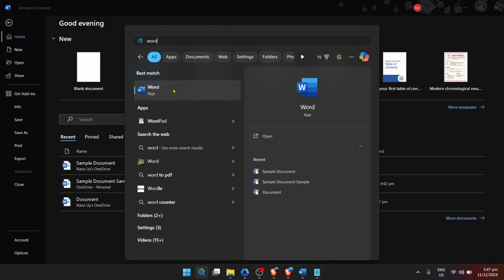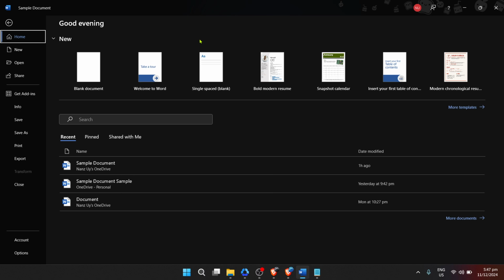Now that Microsoft Word is open, you'll find yourself at the Word home screen. This is where all the magic begins. Your screen will be filled with a ribbon of options at the top, recent documents you've worked on, and templates to start a new document. For the purpose of this tutorial, we're assuming you have a document already opened that has this troublesome line you